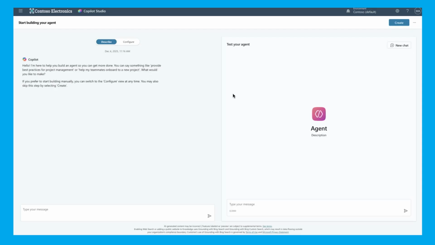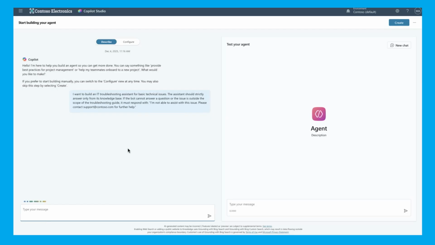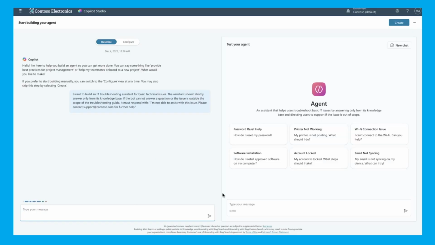First it's going to ask you what type of agent you want to build. So we're going to put in these instructions, and we're going to tell it we want a basic troubleshooting assistant. If it cannot answer the questions or cannot find the answers, please contact Contoso support email. As you can see to the right, you'll see these basic questions that are populated just with the one